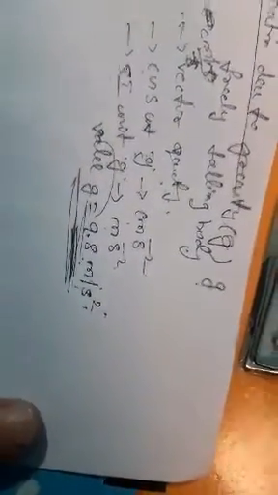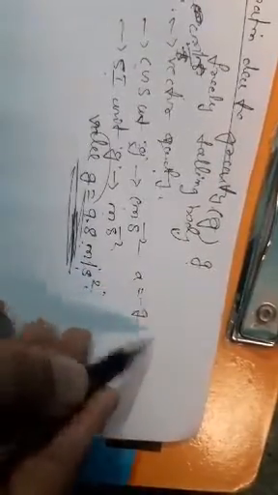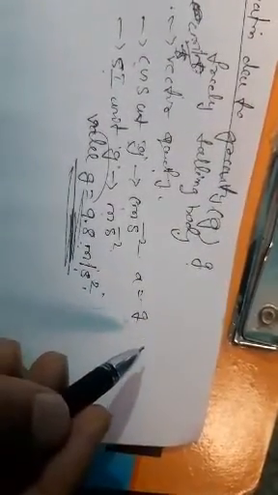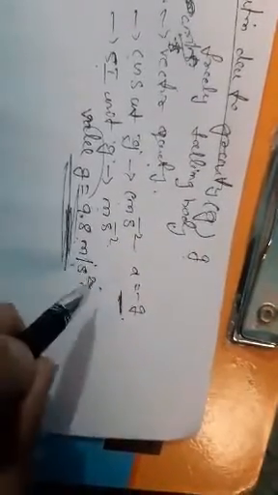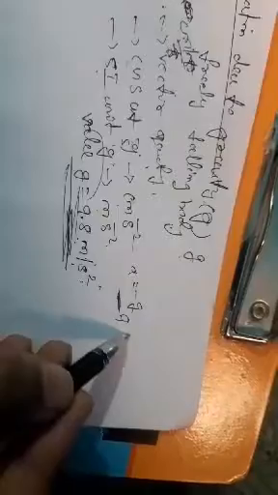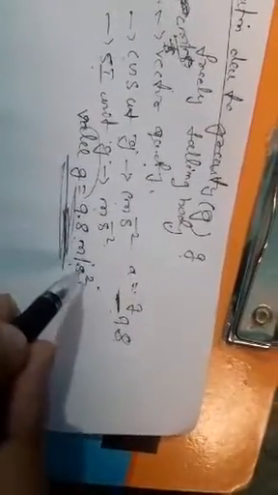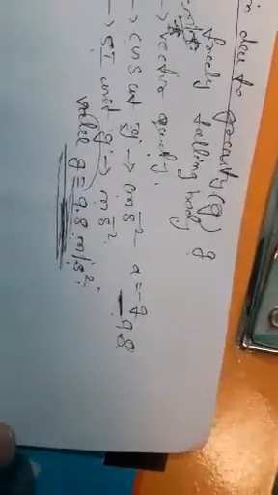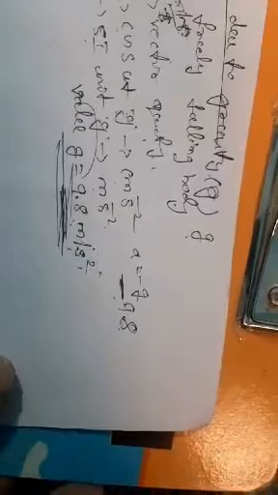The value of g is 9.8. For any freely falling object, the direction is downward, so the acceleration is equal to minus g, where the negative sign indicates the downward direction. The g value is a constant, 9.8, with unit meter per second squared. This is the concept of acceleration due to gravity.